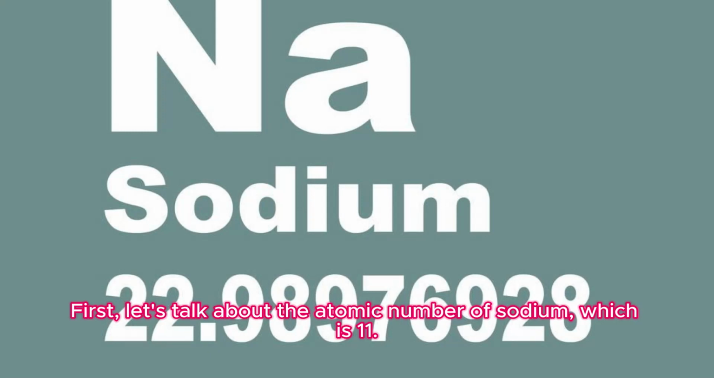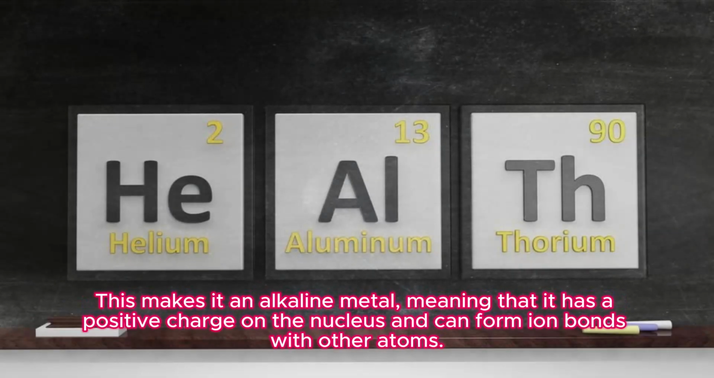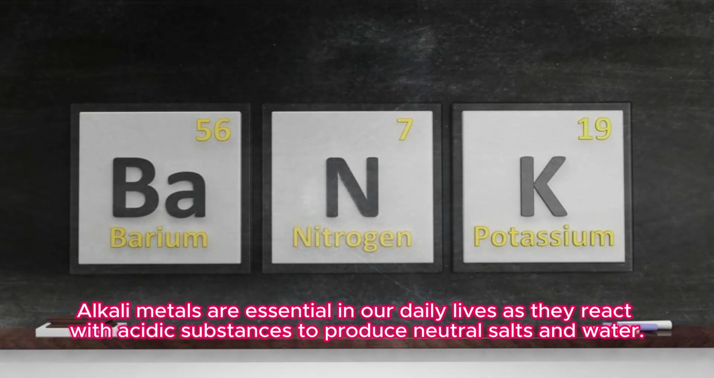First, let's talk about the atomic number of sodium, which is 11. This makes it an alkaline metal, meaning that it has a positive charge on the nucleus and can form ionic bonds with other atoms. Alkaline metals are essential in our daily lives as they react with acidic substances to produce